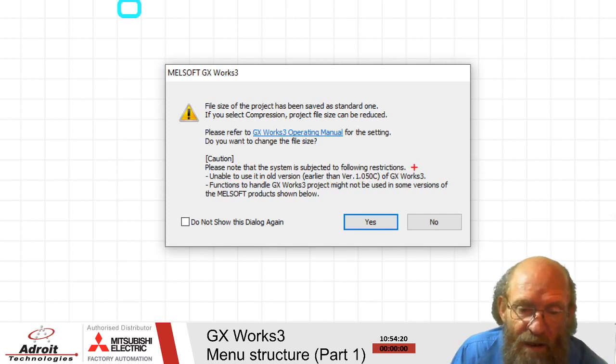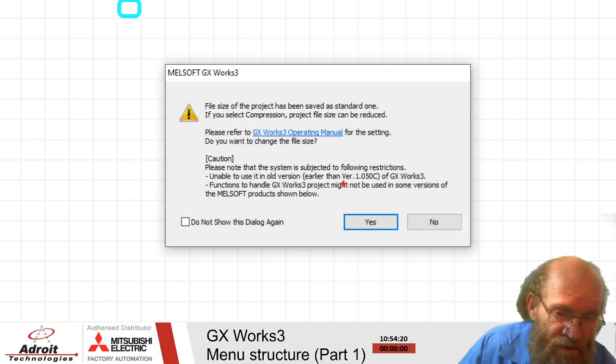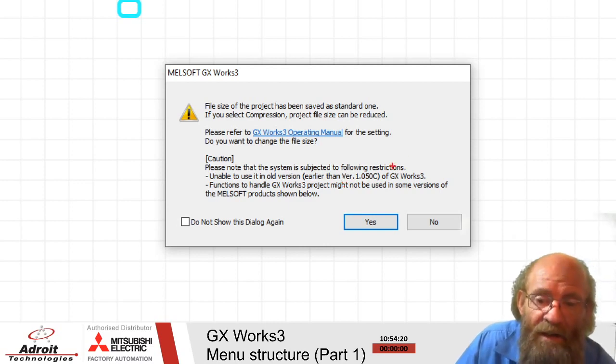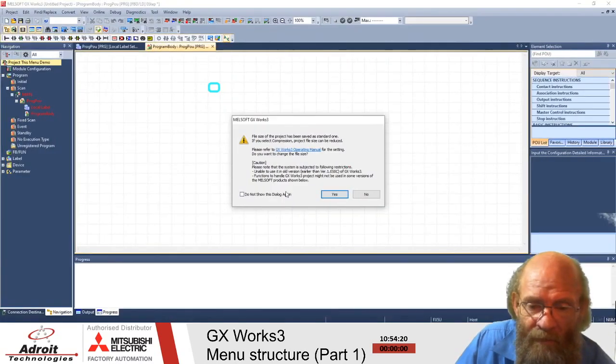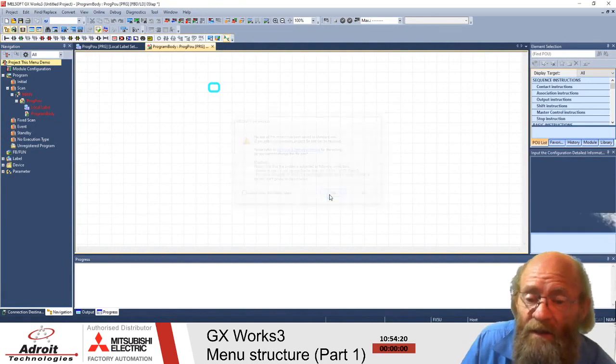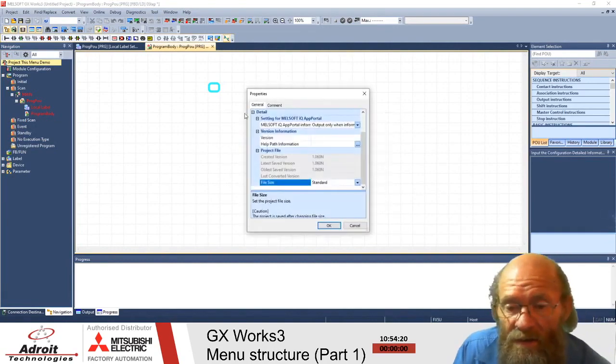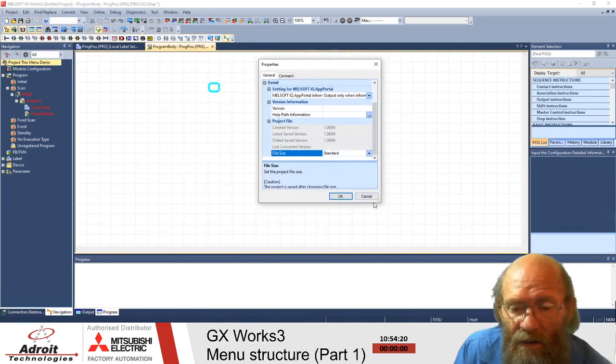Okay, so be aware of these message boxes. Do read them. They're gonna save you a lot of headaches in the long run. Okay, and that counts for every application. Read the message boxes. So then we'll just get an overview of what our project looks like, what the version